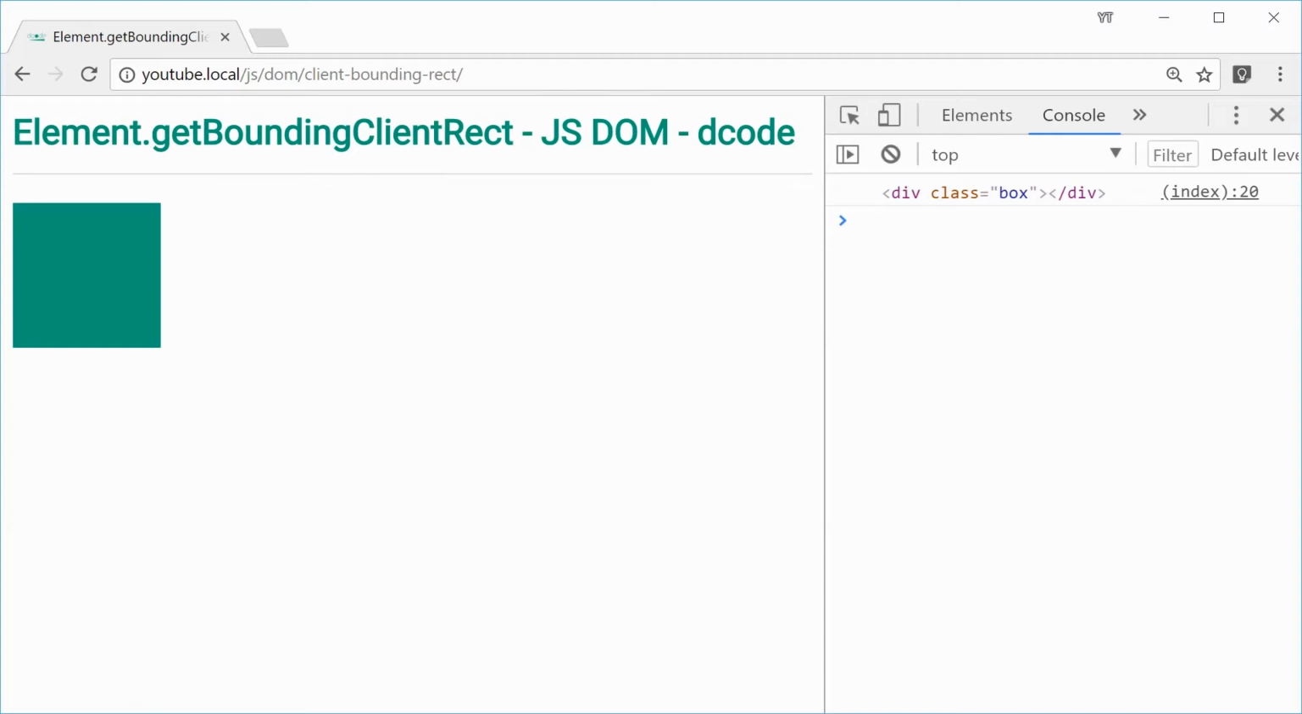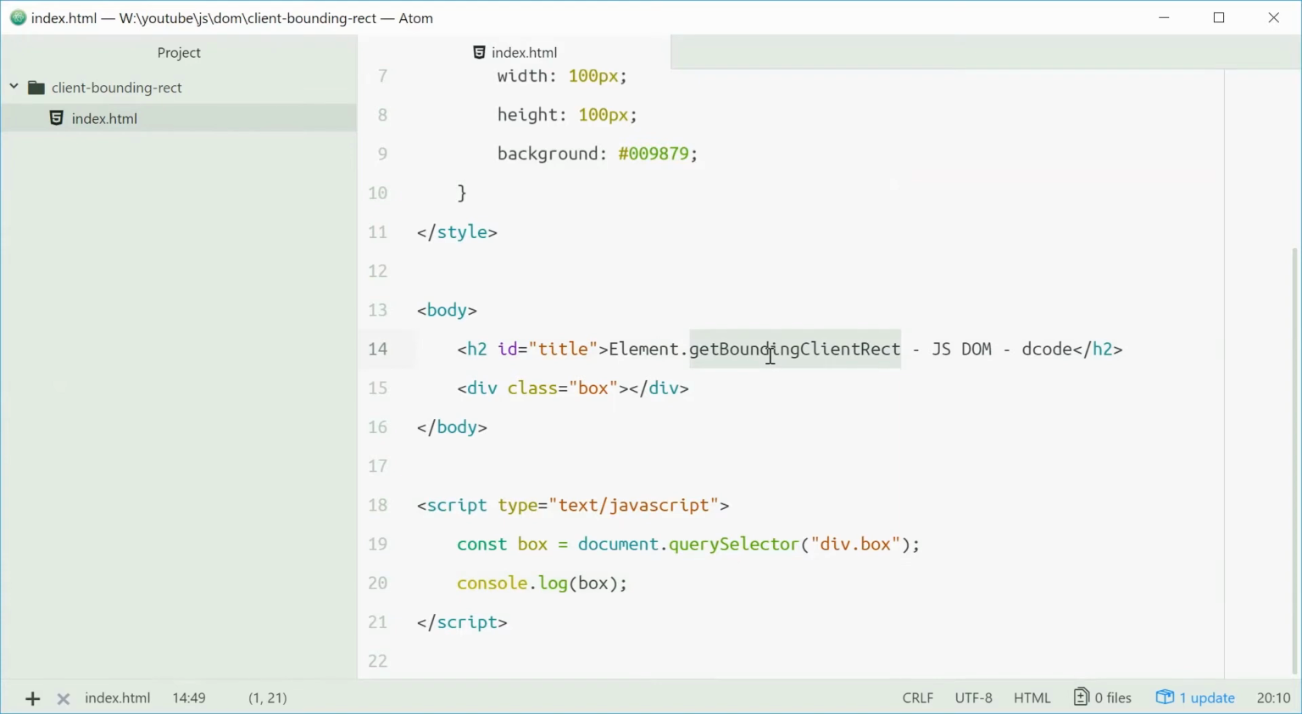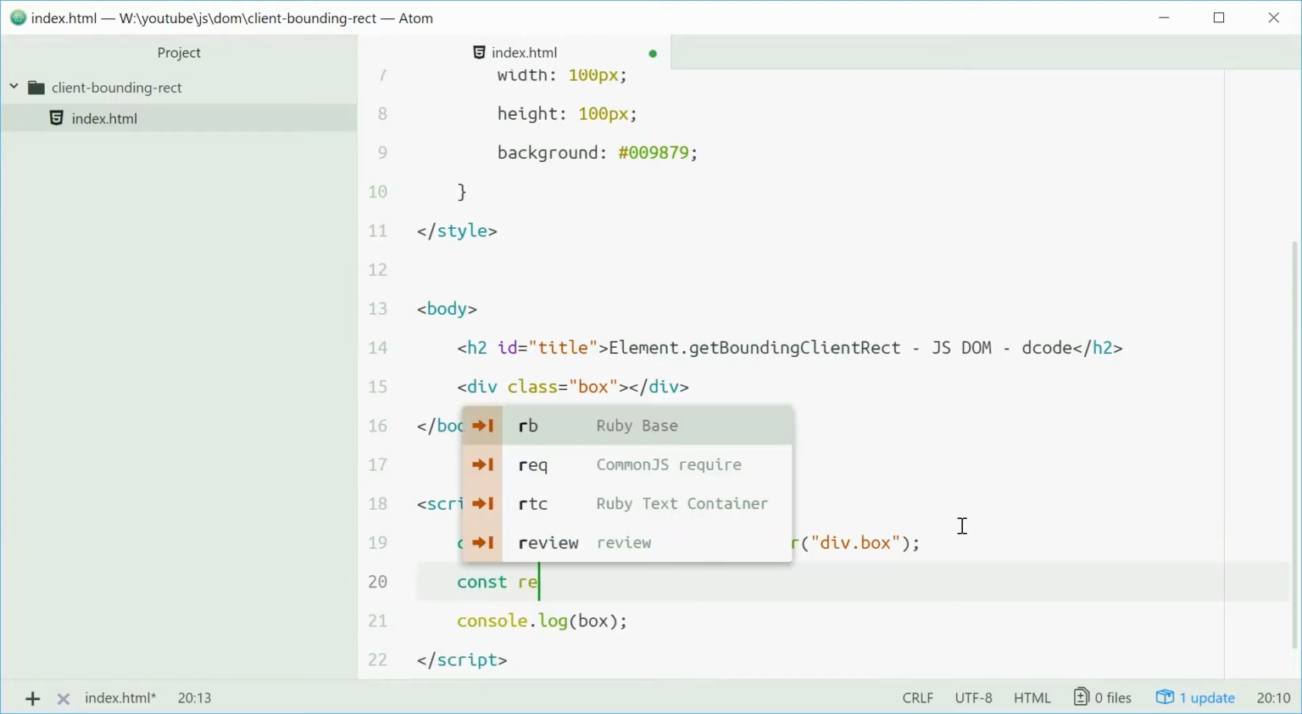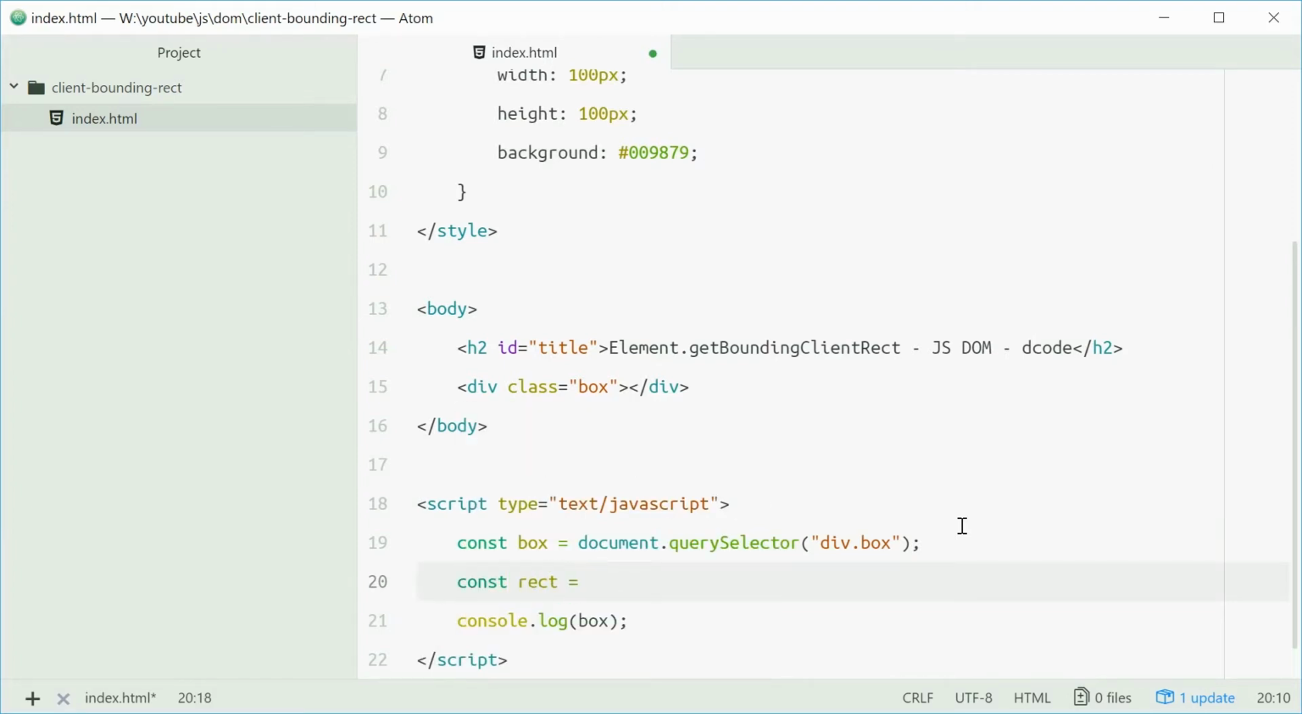So this method will actually return you something called a DOMRect object, or a DOM rectangle object, and that is a basic object with a few properties in it. So let's make a new constant to actually store that object. So we'll say const and we'll call this one rect. Alright, equal to box.getBoundingClientRect. Okay,